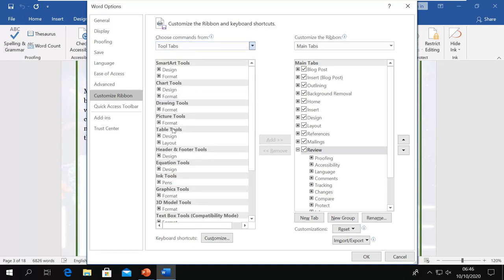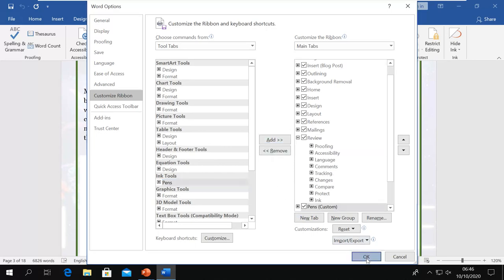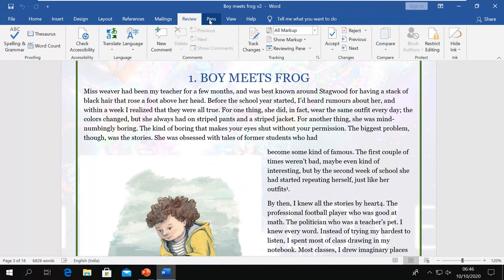These are the tabs we have, and in this you have the Ink Tools Pen tab, and I want to add it to my ribbon, so I add it here. Now you can see the Pen tab here.